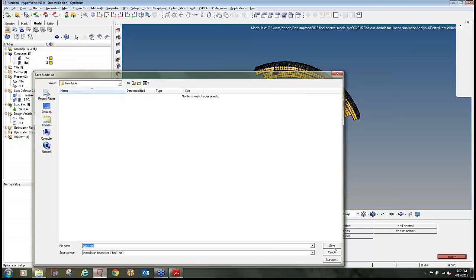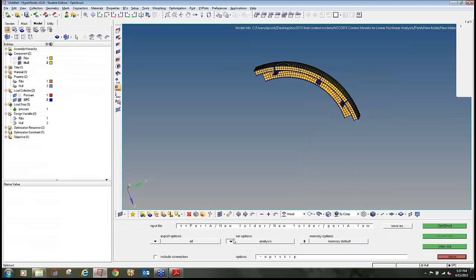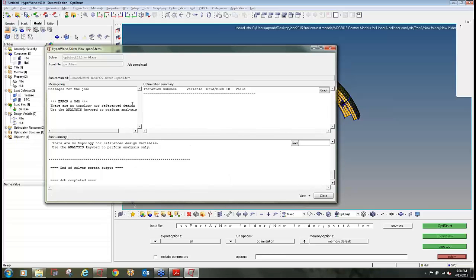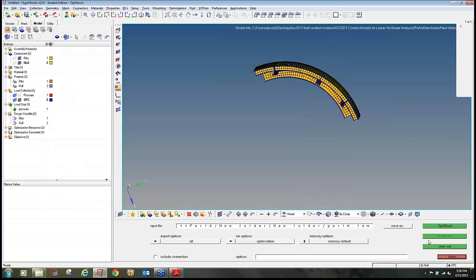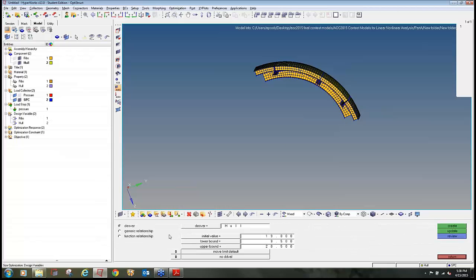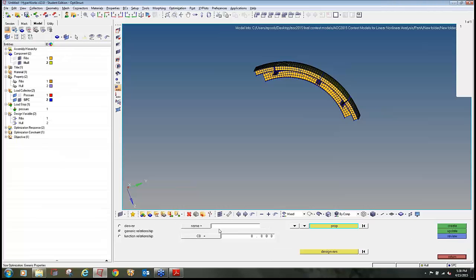For the optimization, OptiStruct, optimization, and OptiStruct. So I got an error stating that there is no topological reference design variable. Use the analysis keyword to perform the analysis. So this means I have to create a generic relationship